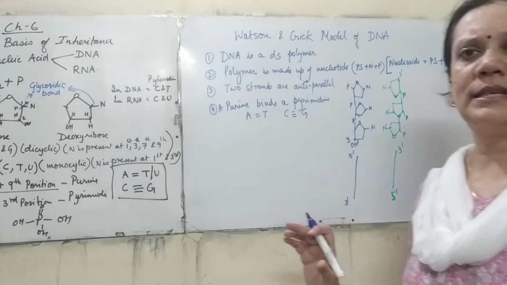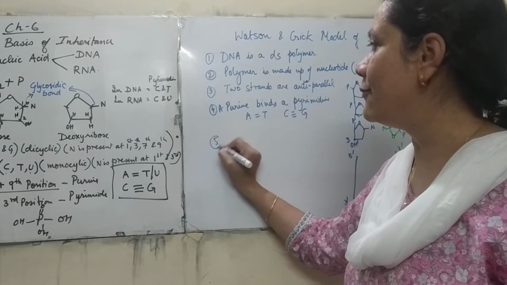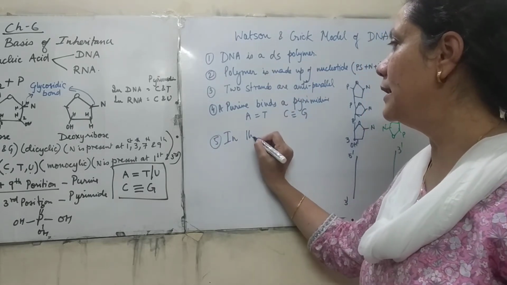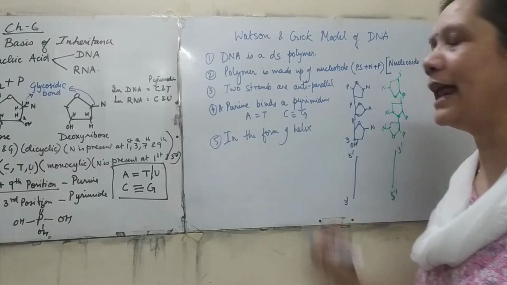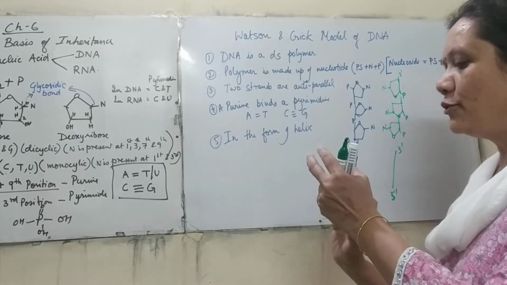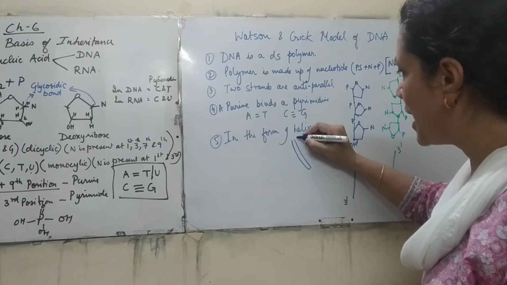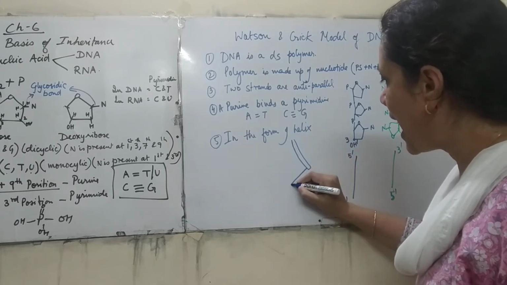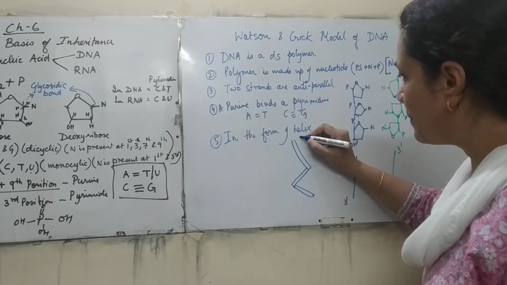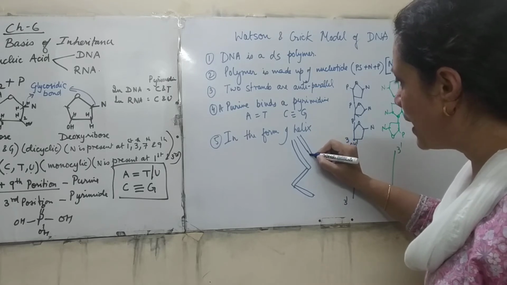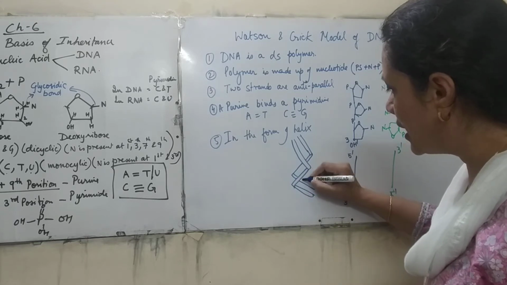Now let us try to understand this structure. How is this a helix? Now the 2 strands are in the form of a helix. So this is a helix or a coil. Now if we have to turn them, the structure will look somewhat like this. There are two strands which are running parallel to each other and they are never crossing each other. This also we have to remember. So what is happening? The two strands are coming in this way and they are never crossing each other.